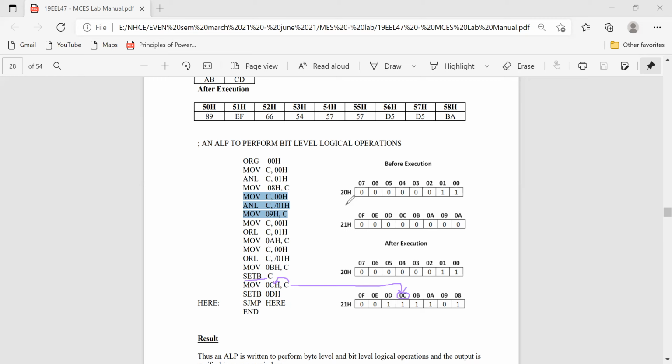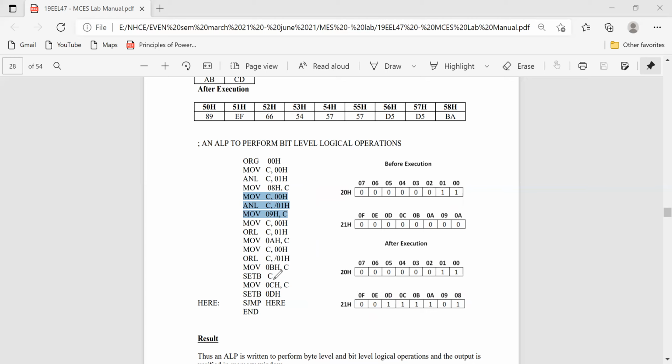Now, directly, we are setting the corresponding location, whatever the data in this location, we are setting bit 1. Set bit means it will be placed with 1. That's it. We are not touching these two locations. So as per these instructions, we are taking two data and performing AND logic, OR logic, that is, logical operations.